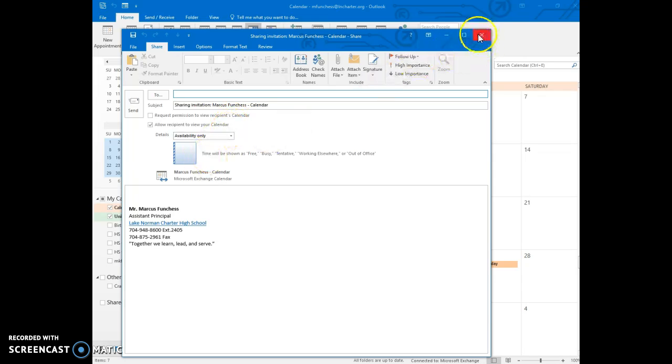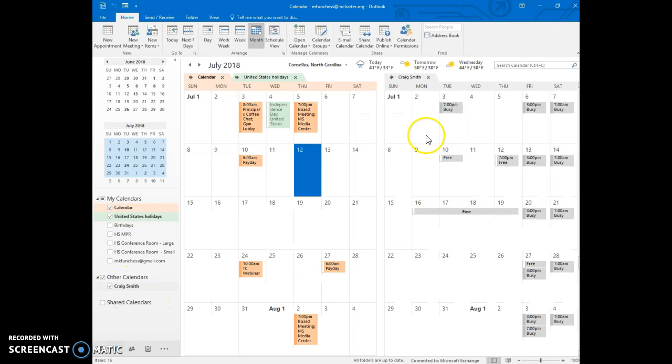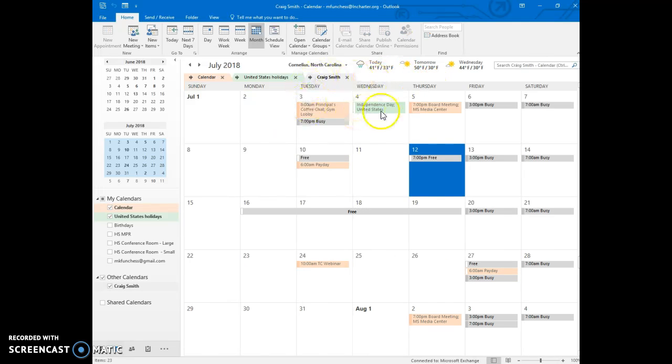So I'll close this out real quick. As you can see here, my principal, I shared my calendar with him, and he also shared his with me. Pretty much if I click this, his calendar would come up, and you see where it says free or busy. So let me merge this real quick. So you see where it says free or busy. I have no details about what he's doing. It just simply says free or busy. Okay, so that's pretty much how that works